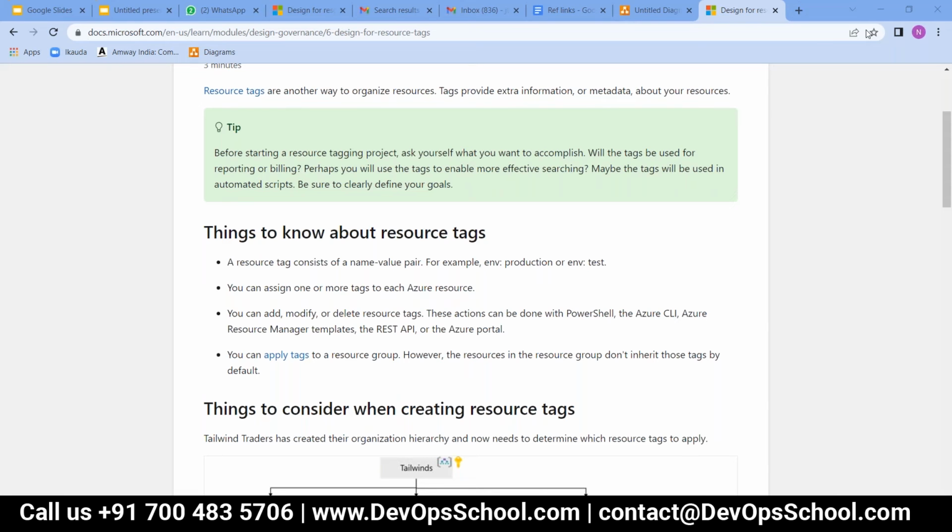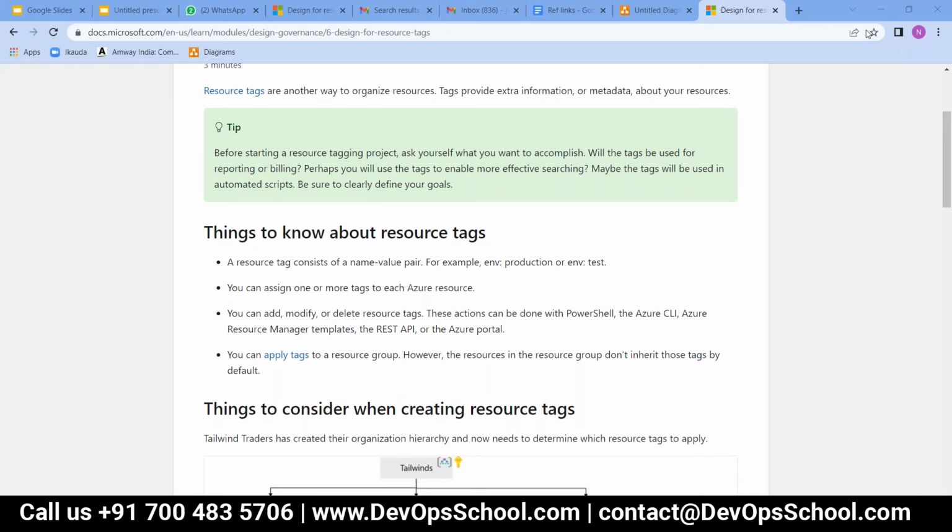Now, one of the things that is important here is that tags cannot be cascaded down. For example, you can tag resources, and you can tag a resource group. But that property of inheritance that we talked about when we talked about policy, where policies will be inherited by the child from its parent, does not apply here. In the case of a resource group, yes, you can tag it, but that tagging will not be cascaded down.